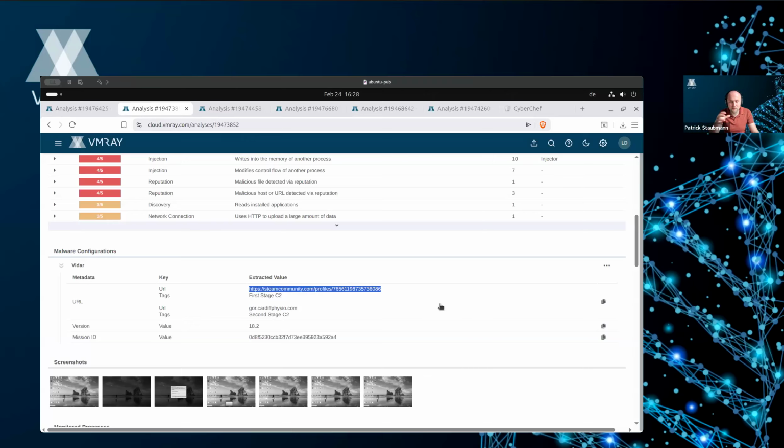So you can imagine that whenever the sample gets executed, it sees there is a Steam profile or a Telegram profile, and the sample then just contacts that specific profile. On that profile, it will find the actual IP address or domain of the command and control server, which it extracts and then contacts as a second stage C2, which is the final one that Vidar wants to communicate with.